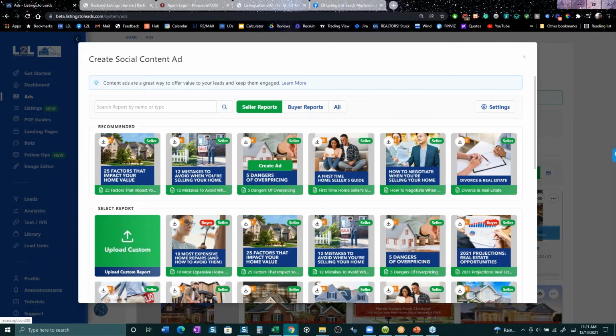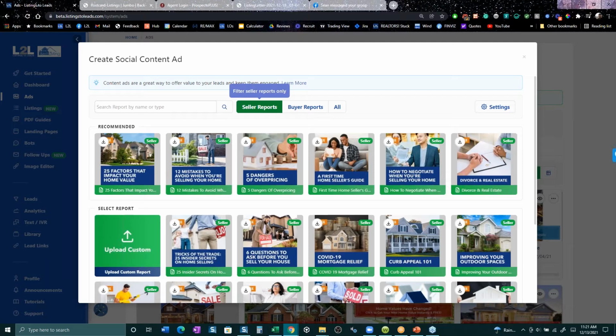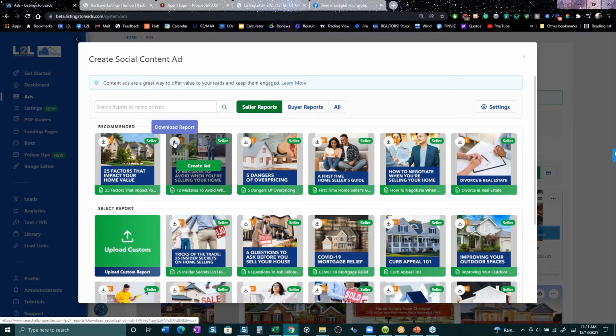Now when you click on that, you're going to see we've got 25 reports for sellers and 25 for buyers, okay? But since we're talking about getting listing leads today, let's just focus on the seller reports. And let's say, hey, let's run an ad. We want to do this 12 mistakes to avoid in selling a home, okay? And if you want to look at this yourself, you can click this round button and download it. But I'm just going to create the ad,